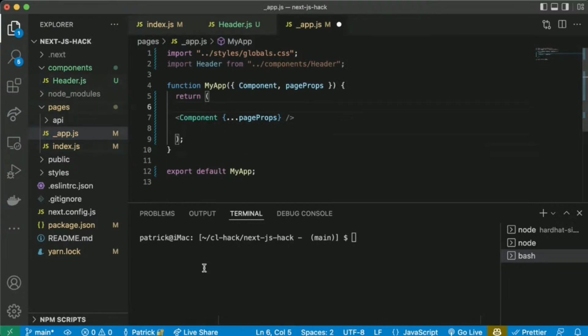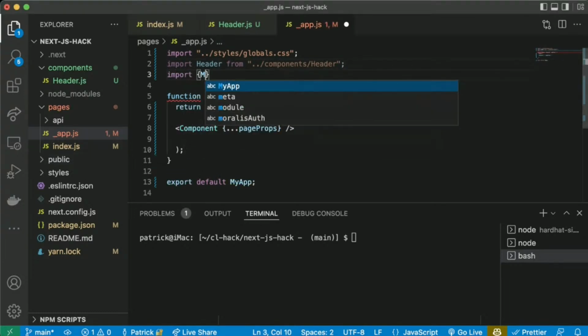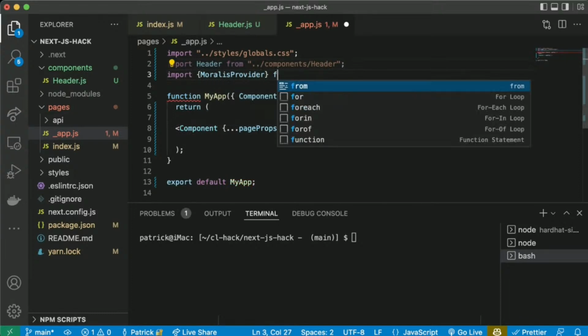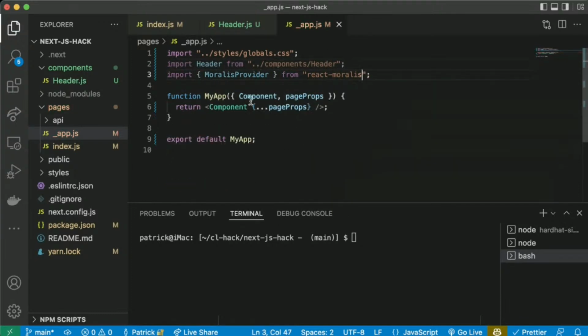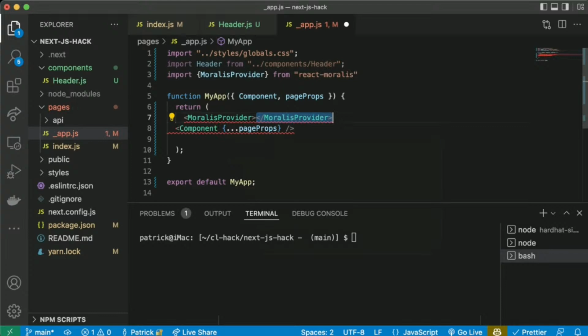So what we need to do is wrap all of our components in a Moralis provider. And this Component thing here is like all the other pages. So in our _app.js, when we see my app component, this is referring to index.js on our homepage. If we were doing dog.js, it would refer to dog.js. So what we want to do is wrap this with Moralis. So we'll say import MoralisProvider from react-moralis. We're going to wrap this whole thing up in a MoralisProvider